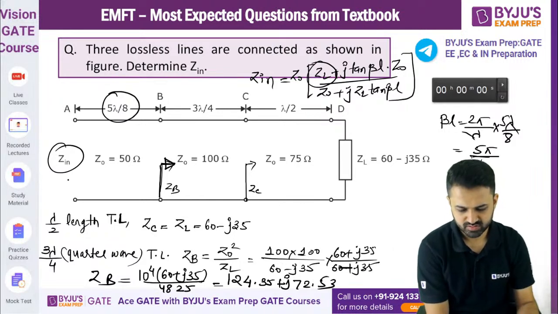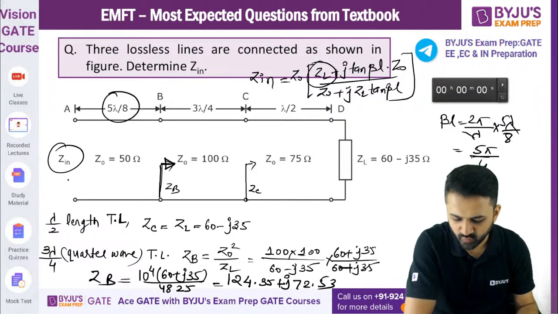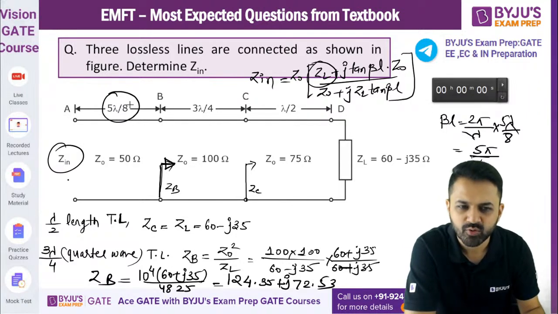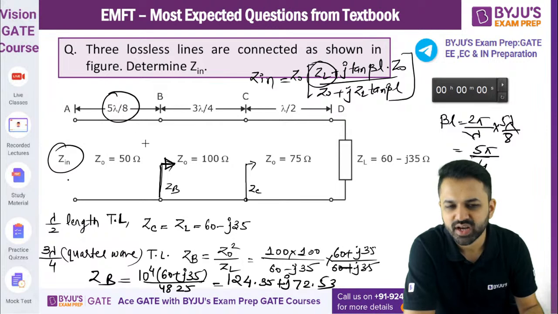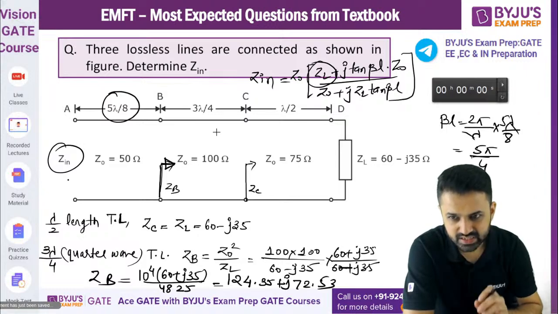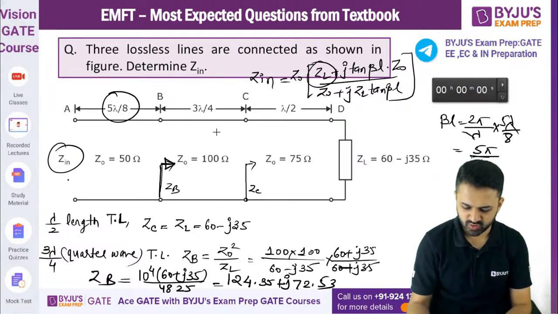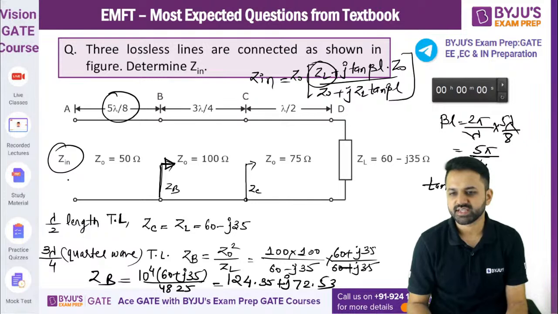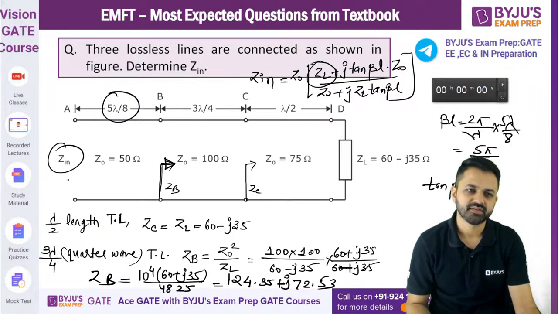नहीं, वो 5 बाय 4 नहीं है ना, पाई बाय 8 है। एक्चुअल क्वेश्चन में पाई बाय 8 है, मैंने आपको 4 लेने बोला था। 4 लेने से तो वो Z0 स्क्वायर अपॉन ZL बन जाएगा ना। हाँ वो 1 आ जाएगा, ये 1 आ जाएगा, ठीक है, ये तो 1 आ जाएगा। 5 पाई बाय 4 ये 1 आ जाएगा, तो ये 1 आ गया, मतलब ये वाला पूरा पार्ट हट गया।